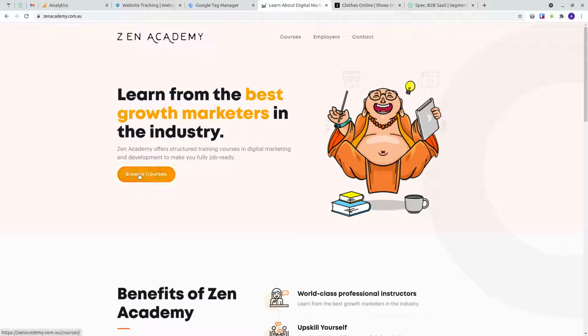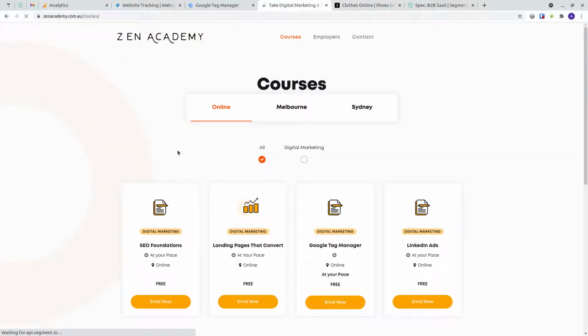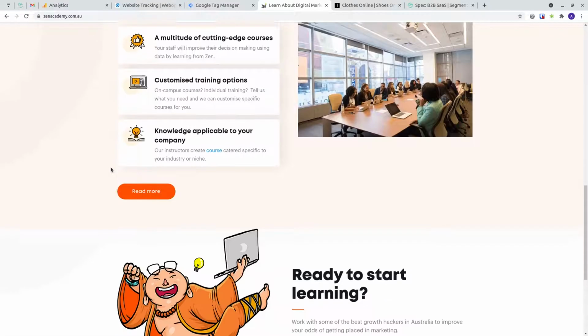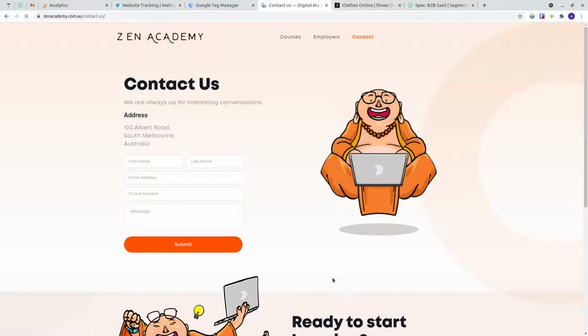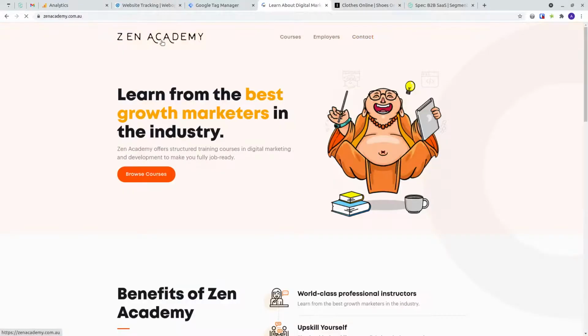For example, if somebody clicked this browse courses button, they essentially lead to this page, which in terms of the dollar value doesn't mean anything to my business. Similarly, if somebody clicks my LinkedIn profile or the contact page, it doesn't really mean that it leads